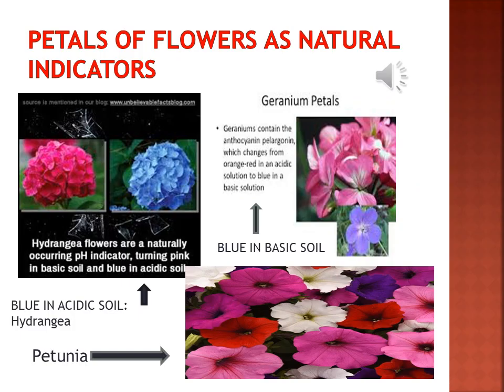Some petals which have been talked about in the NCERT syllabus under the category of Do You Know. The petals of hydrangea, as easily seen in hilly areas, and in Shimla it is very commonly seen. Geranium petals and petunia, they are changing colors. The petal colors change when the soil is acidic or basic. So it is a very good indicator, naturally present, and you can see the beautiful flowers over there.